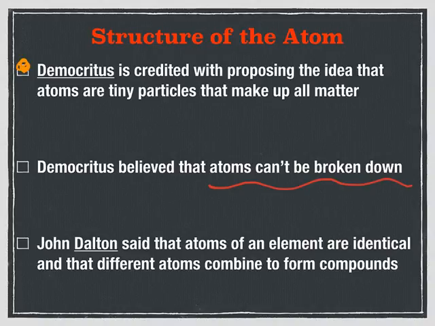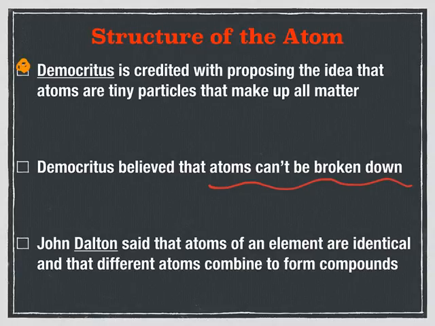Now we know that's not accurate. We know there's particles that make up atoms, but back then, this was still a huge, huge discovery. He said that an atom of iron would have the characteristics of iron. So it would be shiny, it would be strong, and that's what made iron have those characteristics. An atom of cheese, if we were to break it down all the way, has all of the characteristics of cheese. It's a silly example, but that gets the point across that atoms were what gave things their